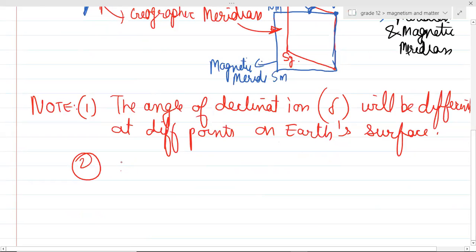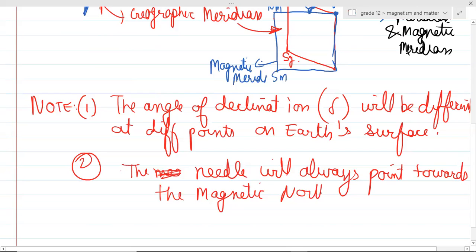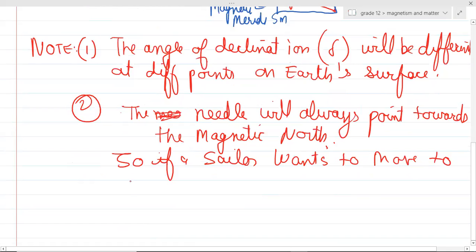Then we know this particular fact that whenever I have a magnetic needle, that magnetic needle will always point towards the magnetic north. So if a sailor wants to move to the actual or true north,